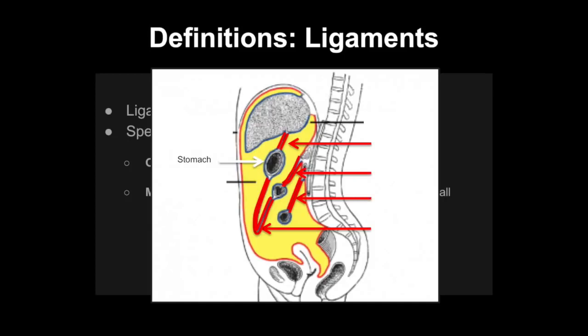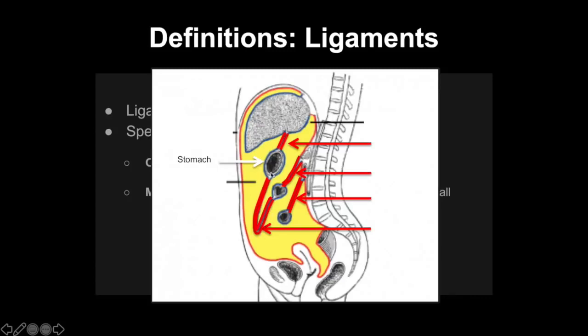These are all peritoneal ligaments, or double layers of peritoneum. Here labeled is the stomach. The ligaments that extend from the stomach here are specially named. They're just ligaments, but they're called omentum. We have the lesser omentum above here that extends from the stomach towards the liver, and we have the greater